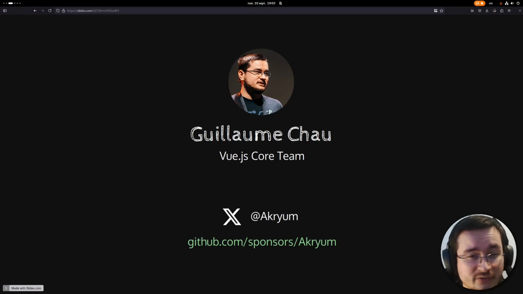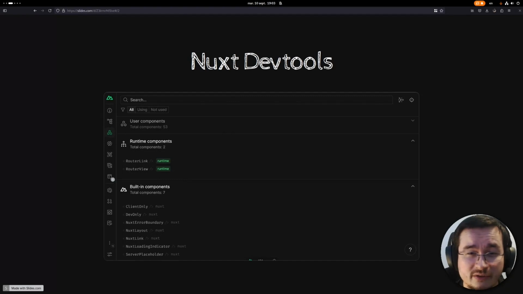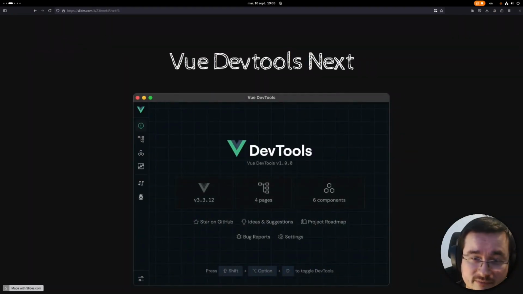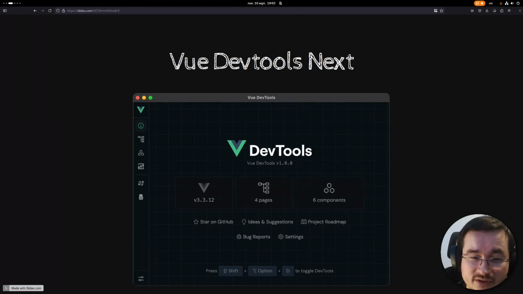So there's been a lot of new dev tools in the Vue.js community. For example, we got amazing Next DevTools, which you can open in any Next project, and it's gonna display a lot of information about your Next application, which is pretty cool. And there's also the new Vue DevTools, which is pretty similar and using the same ideas of a button on your page to display the DevTools. It can also be installed as an extension or as a standalone application.